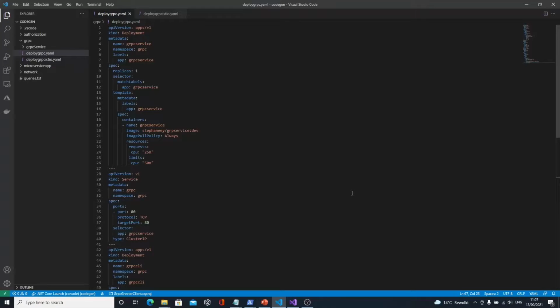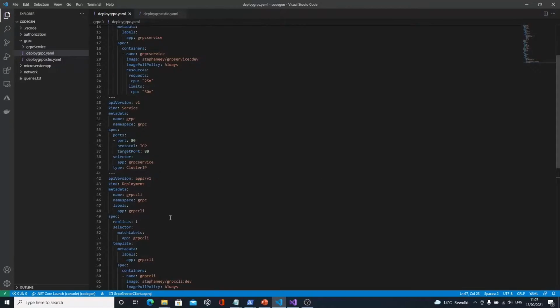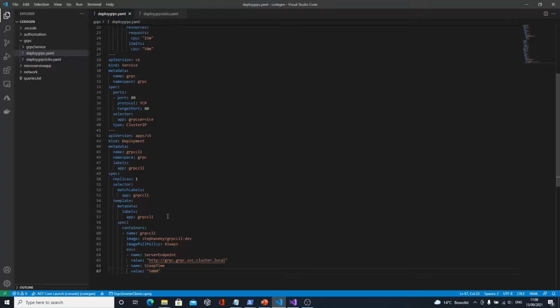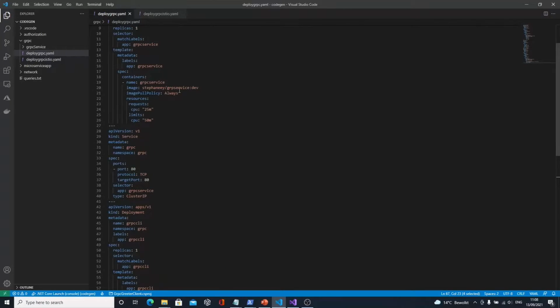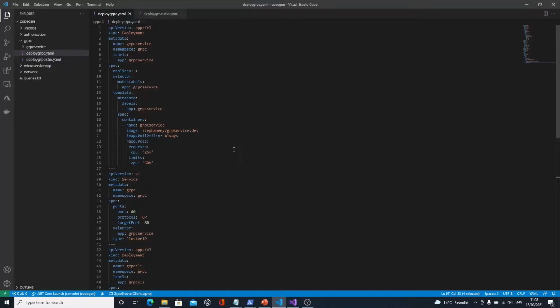And so what I want to show here very concretely is an example with, let's say, a gRPC service that I developed and a gRPC client that I developed, right? Basically, the client is going to call my service every 5 seconds, and the service will return its instance identifier, right? So the client knows to which service it got redirected by Kubernetes. So basically, that's the plain demo that I want to show you here.